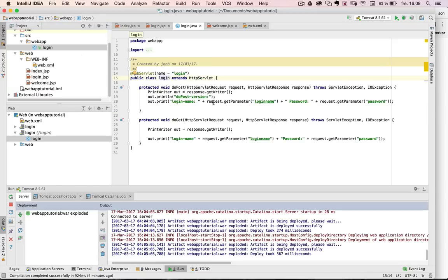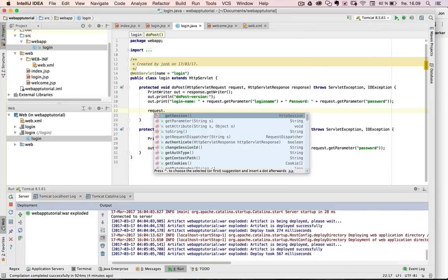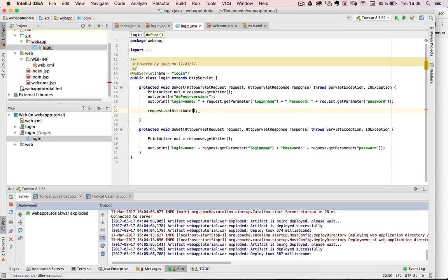So I go back to my login servlet, and these things here, I don't want to use this to output. I just want to call my front end, and the way I do this is by doing what is called a dispatch. So to send the values, I'm going to use the request, and you can see the request object is here. So I'm going to take the request object, and I'm going to use a method called setAttribute, and then I want to call my attribute. I call it username in the JSP in the expression language. So I say username,